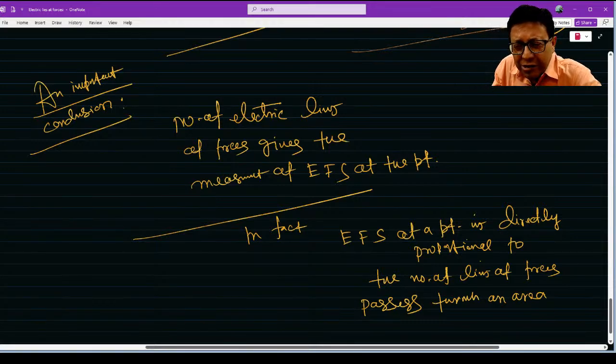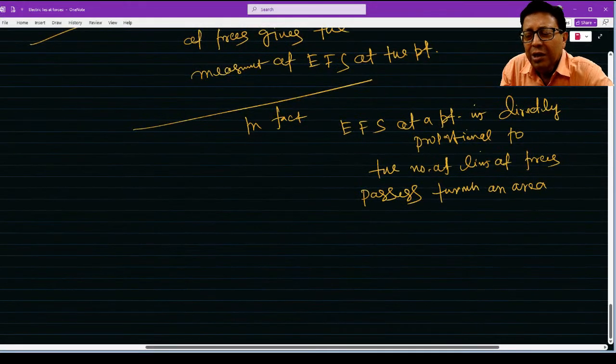Like the number of lines of forces passing through an area placed at the point